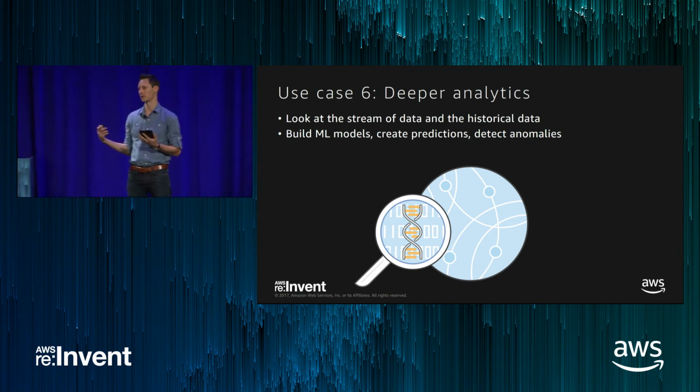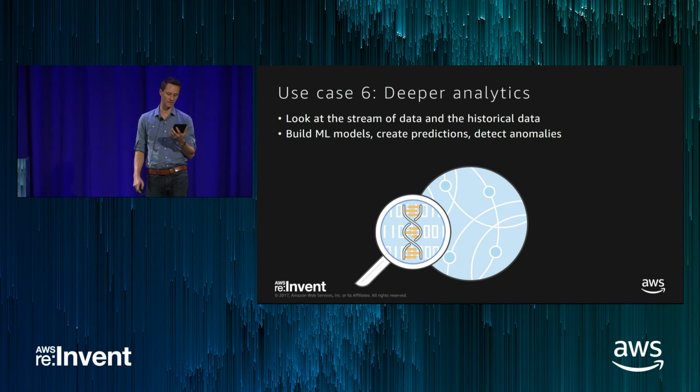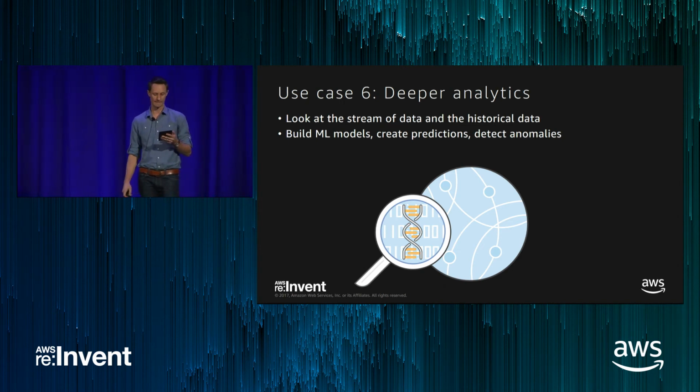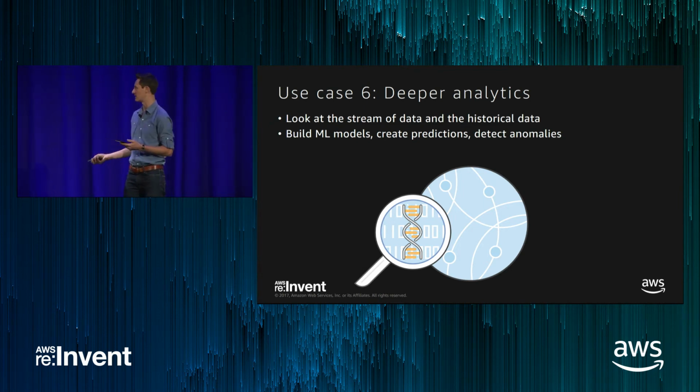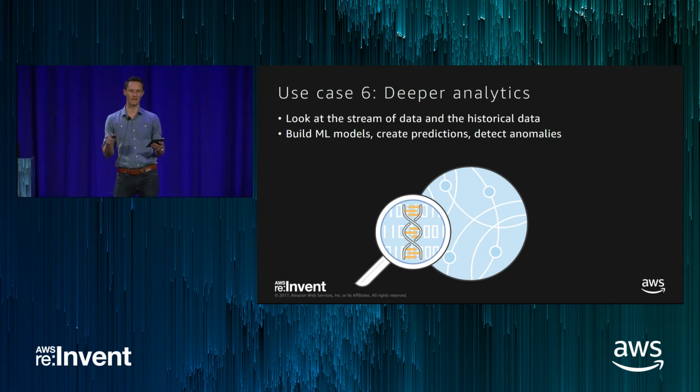So we want to be able to support Hadoop. We want to be able to support Spark and Storm, these types of machine learning frameworks and different frameworks that the machine learning scientists and the business intelligence engineers typically use and are familiar with, and the tools that they like, so that they can easily access the data and analyze it on their own. And all this data, again, with security in mind, should be anonymized and aggregated at the appropriate level, so we need to be able to solve for that